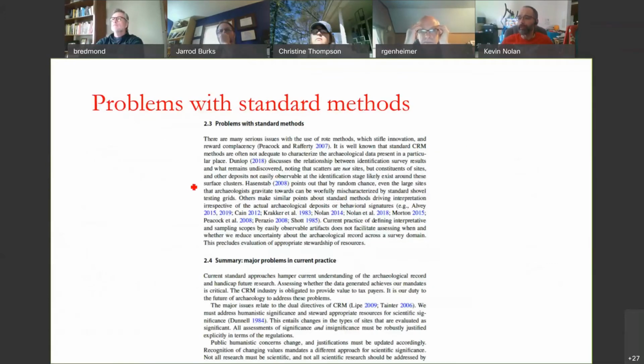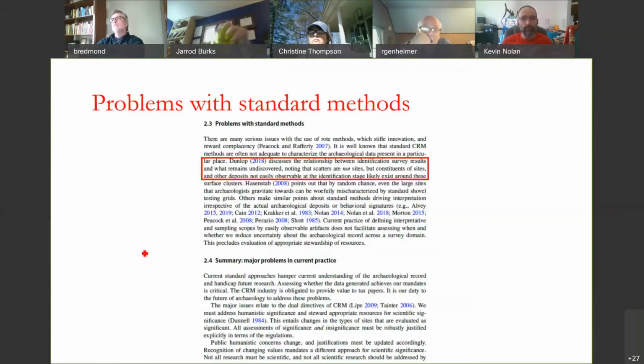And now this is just again, as promised, a screenshot from the article. But there's also issues with the standard methods that are used. We know about the weaknesses in these methods, and we keep using them, and we're not adding new methods to them. And so this could be a very long discussion, but I just wanted to highlight one thing about